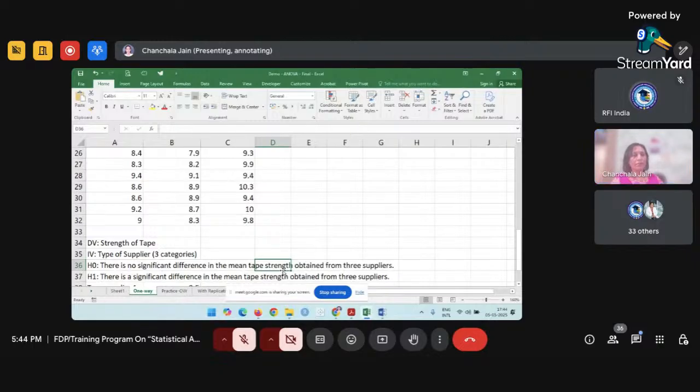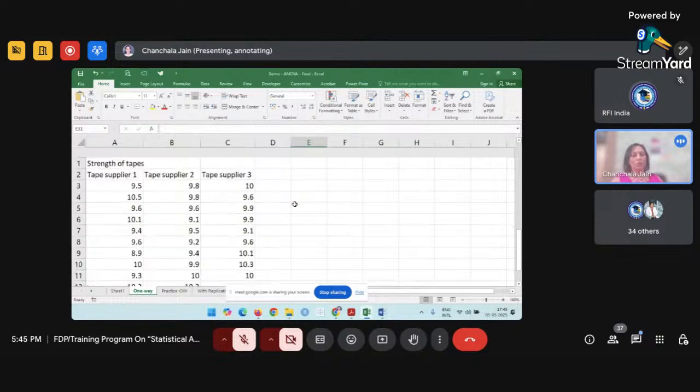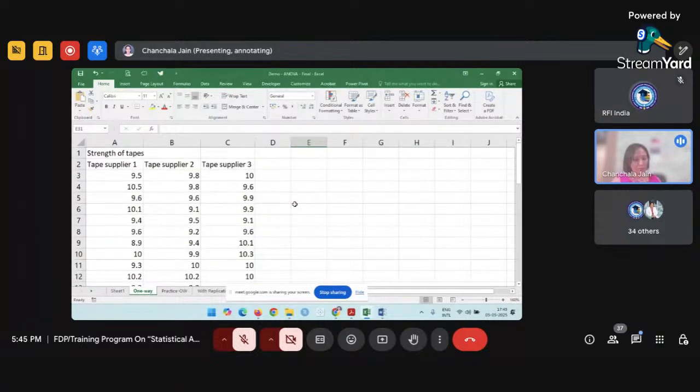Yes, ma'am. Fine. So I think we are now ready to perform ANOVA because we have made all the preparations. We only need to decide upon the level of significance. Suppose we want to check it at the 5% level of significance, right? Now, to perform this, we'll go to the